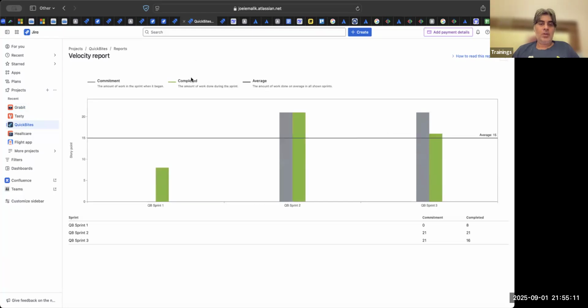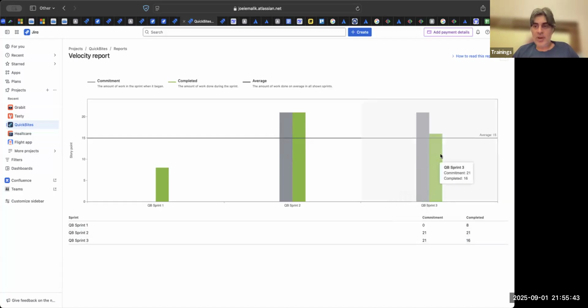Okay. So in this case, if you see in the first sprint, this team did story points of 8. Whatever is your completed work, whatever stories you are able to complete, that is your velocity. So this team did a velocity of 8 points. Then in the next sprint, they took 21 points and they were able to complete 21 points. In the next sprint, they took 21 points, but they were only able to do 16 points.